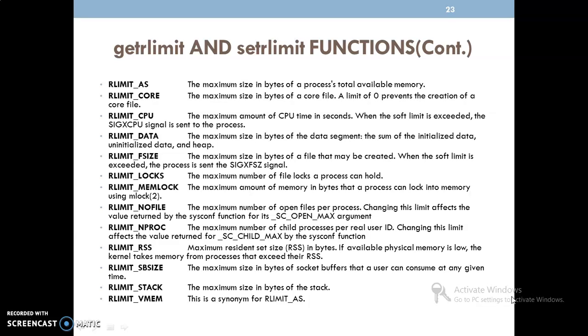R limit RSS, that is the resident set size. Usually this concept we are using in memory level of the C program only. Next, R limit SB size, maximum size in bytes of the socket buffer. Again it is with respect to the memory level. And the stack, it is also related to the memory level. Only thing is that these limits are deciding the maximum value and current